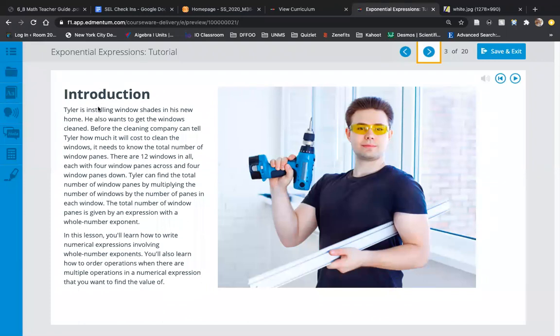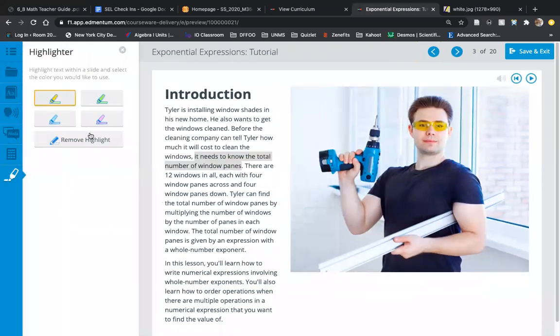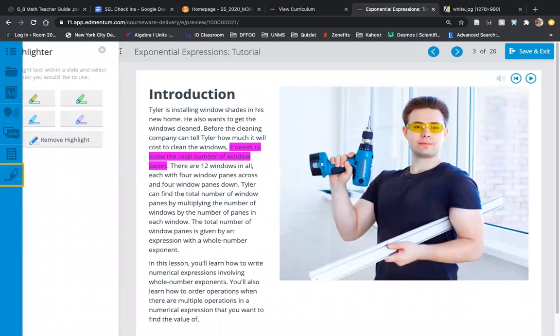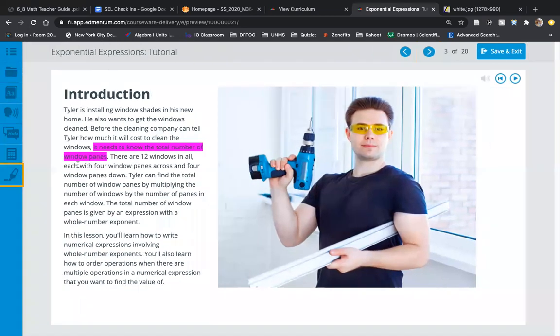It says, Tyler is installing window shades in his new home. He also wants to get the windows cleaned. Before the cleaning company can tell Tyler how much it will cost to clean the windows, it needs to know the total number of window panes, right? So this is the information that he needs to figure out. How many window panes does he have in his house, right? It says that there are 12 windows in all, each with 4 window panes across and 4 window panes down,